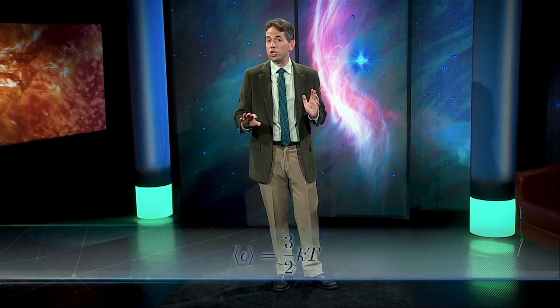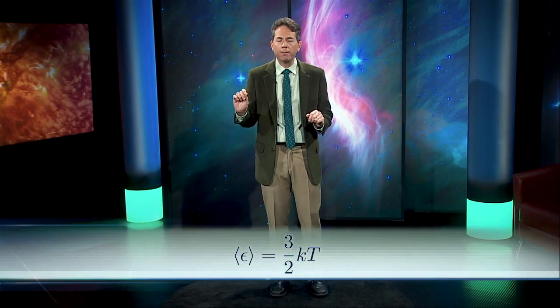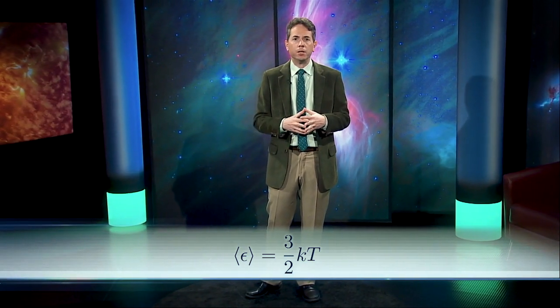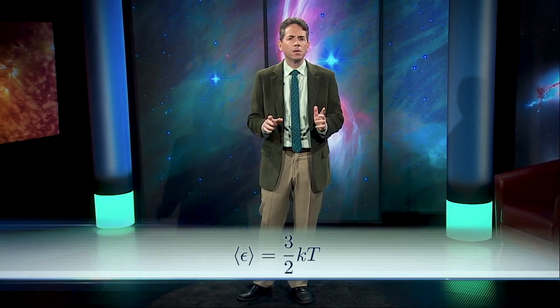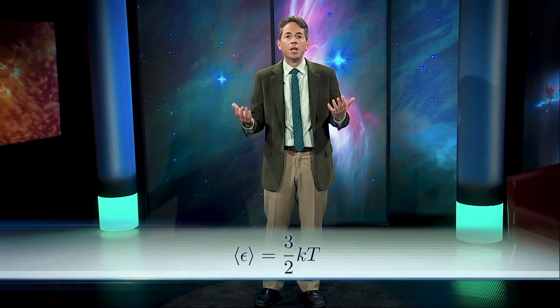The last comparison I want to make between particles and photons is in their distribution of energies. For the case of the gas, the average energy is 3/2 kT. If we pick a particle at random, we expect its energy will be about 3/2 kT, but not exactly. Sometimes it'll be a little higher, sometimes lower. It depends on its history of collisions. Likewise, the speed of a given particle is always fluctuating.